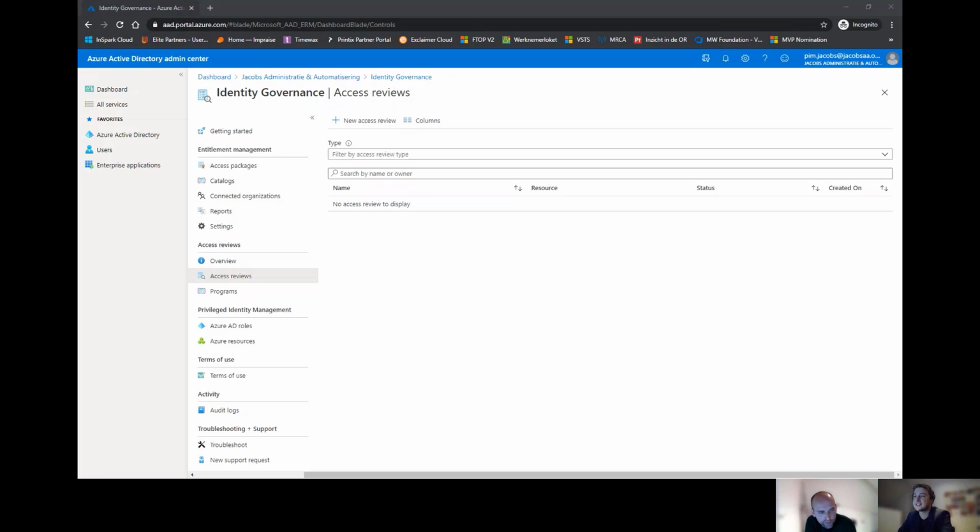I think in the first place it's cloud first, and then secondly, hybrid scenarios. I'm guessing over time there will be some developments to support those hybrid scenarios as well. But it's good to know that the initial focus, if you start using identity governance, is primarily on cloud. Yeah, it's also a good start.